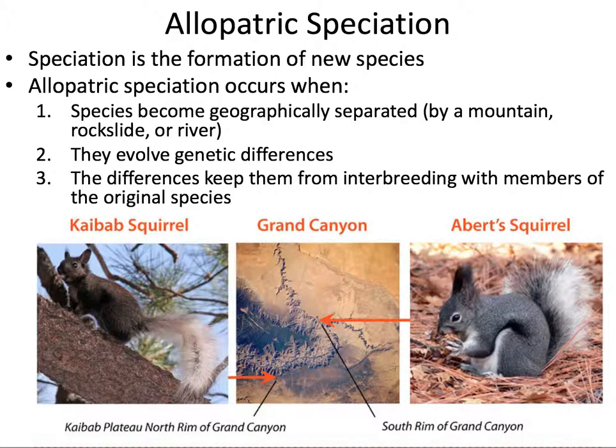In allopatric speciation, speciation happens when a population becomes separated from the rest of the members of the population. So there's some kind of geographic separation, either by a mountain, a rock slide, or a river. Members of a species become separated. So here, for example, these two squirrel species are separated by a canyon. Some are on this side, some are on that side. And they're evolving separately, not interbreeding with each other. And over time, this population evolves to be different from that population. And if the evolutionary changes are enough, they become separate species. And even if you did put them together, they wouldn't be able to interbreed anymore.